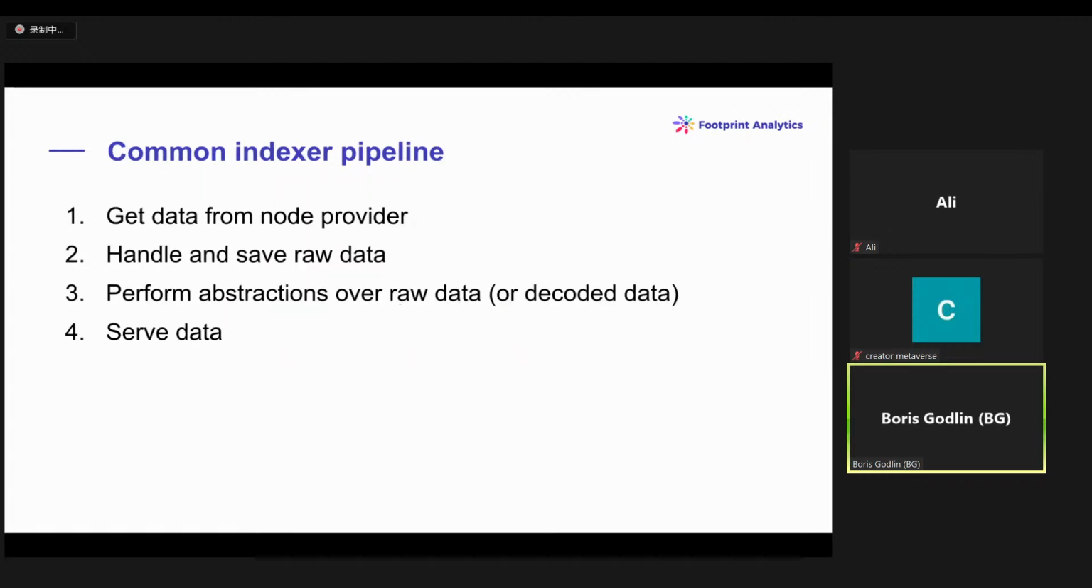All right, moving to the next slide, common indexer pipeline. Basically, platforms that work with blockchain data have a similar ETL, I'm sorry. The steps of the process are, firstly, node providers transmit the data to the indexer, then the indexer handles the raw data, then it performs the abstractions of the raw data, because on the EVM example, basically everything is stored in bytecode, and